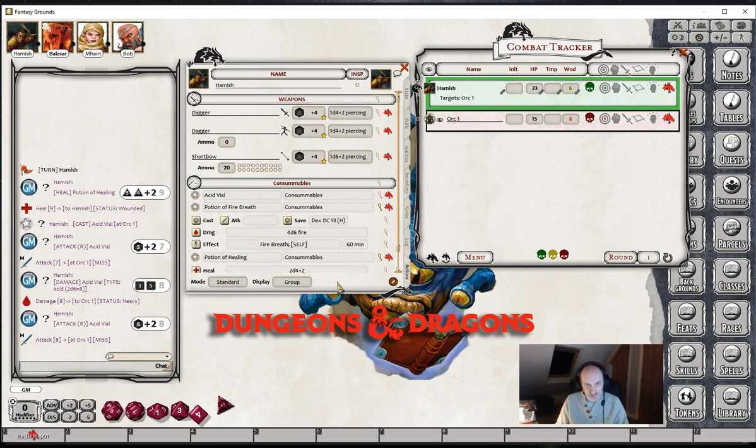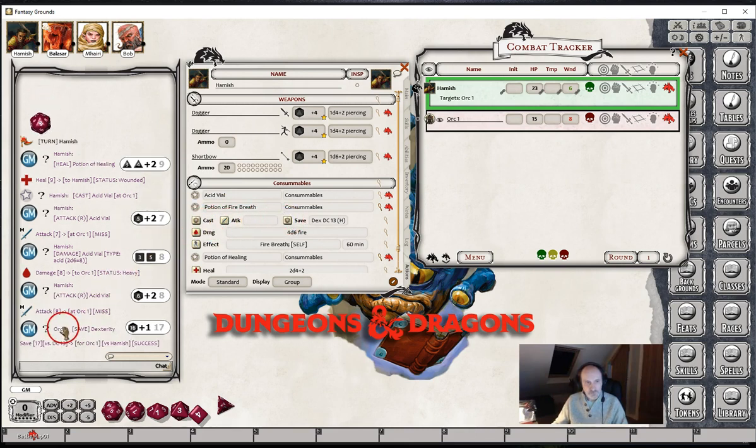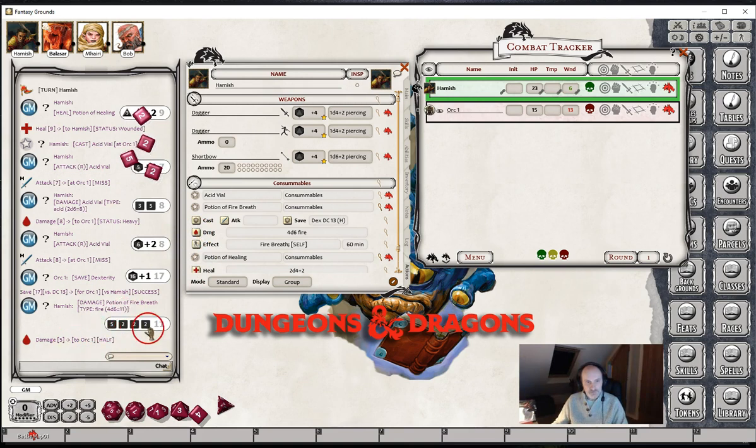And that's it. Let's see this in operation before we go any further. Hamish has already got Orc 1 targeted, so he's decided to use his potion of fire breath, so he can click either the cast or the save button. So let's click the save button. You can see that the Orc has made a successful save, and we can now apply the damage. And the damage went through, and the Orc only took half damage from the fire since he was successful in